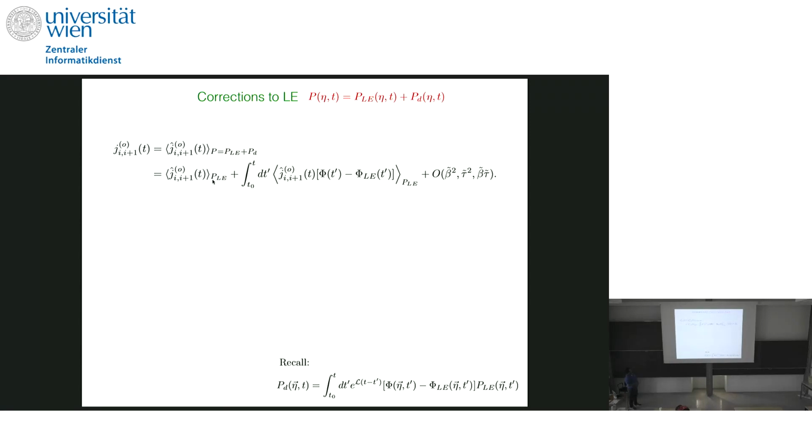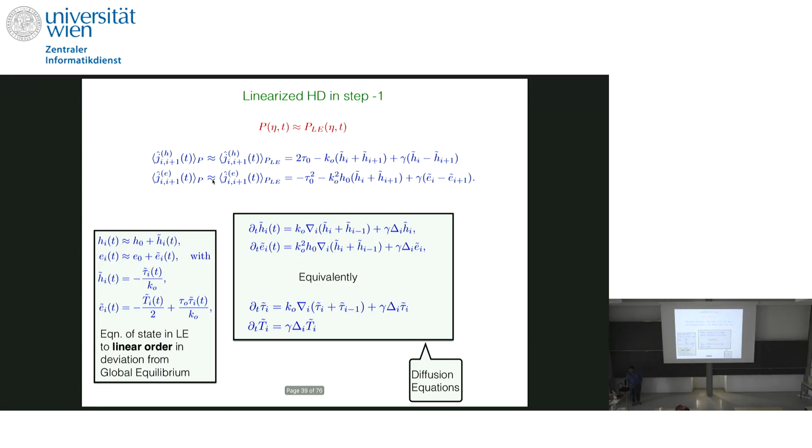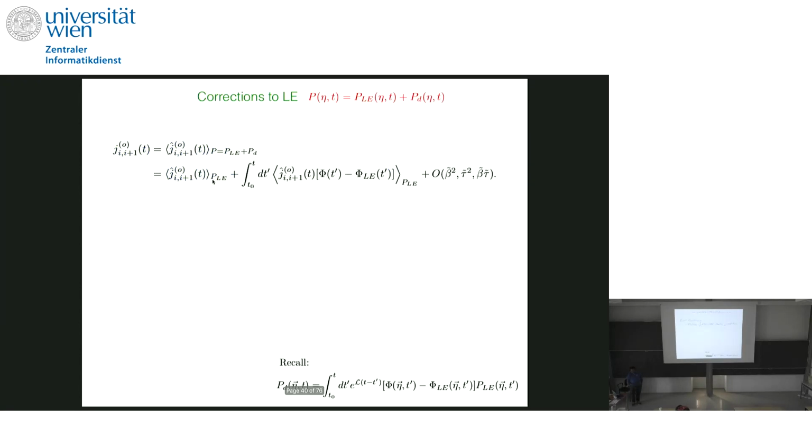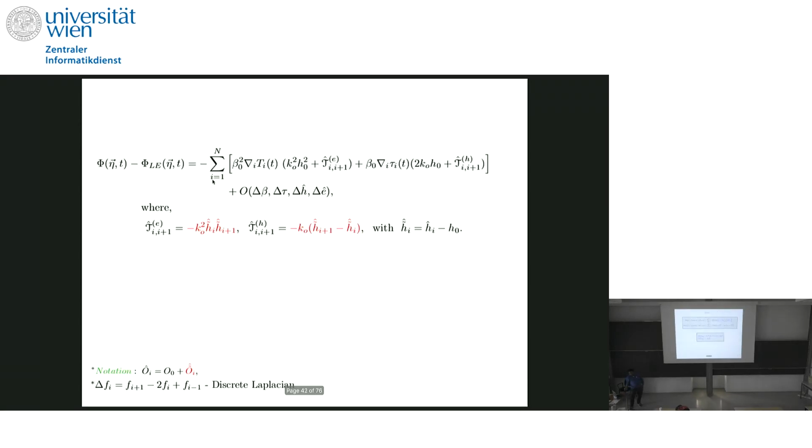So next step, we take the contribution from this correction. Basically, we compute the average current in this full thing. The first part will give the same answer as in the previous slide, these values. But what will this part give? If you use the explicit form of the correction, you can express it in this form, which is an integral over some correlation. Recall this is in this form.